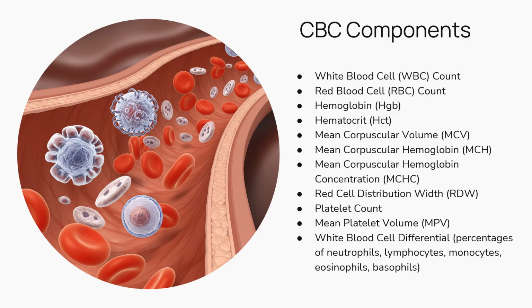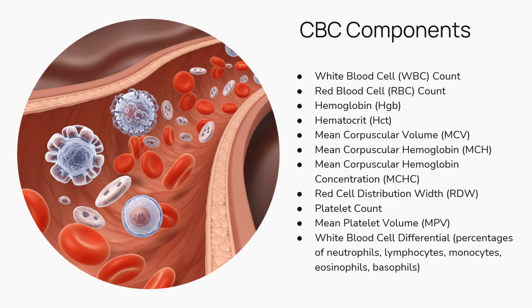Some components of the CBC: we have a white blood cell count, or WBC. This measures the total number of white blood cells, which are essential for fighting infections and mounting immune responses. Then we have the red blood cell count, or RBC count, which indicates the number of red blood cells, which carry oxygen from the lungs to the tissues throughout the body. Hemoglobin measures the amount of hemoglobin protein in the blood, reflecting its oxygen carrying capacity. Hematocrit represents the percentage of blood volume composed of red blood cells, giving insights into blood thickness and oxygen transport